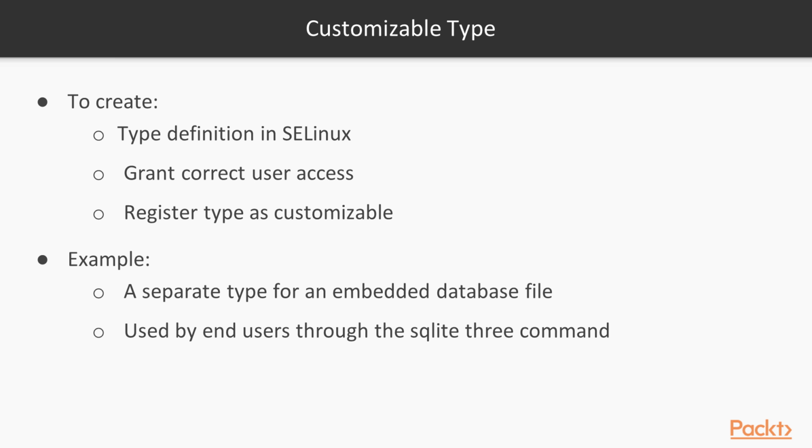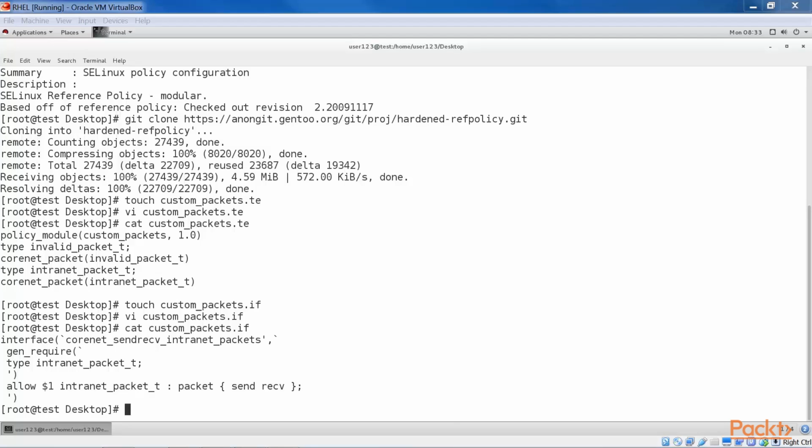Finally, let's see how to create customizable types. So, to create a customizable type, we need to create the type definition in SELinux, grant the correct users access to the type, and then register the type as customizable, so that a relabel operation does not change the type back. For instance, we want to have a separate type for an embedded database file used by end users through the sqlite3 command. By using a separate type, other access to them is by default denied, even when those other applications have access to the standard